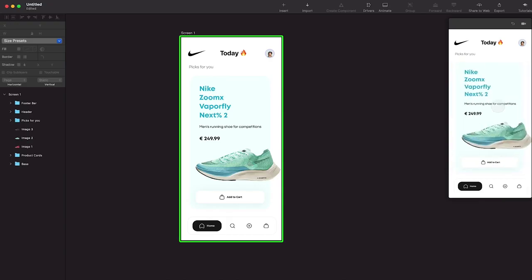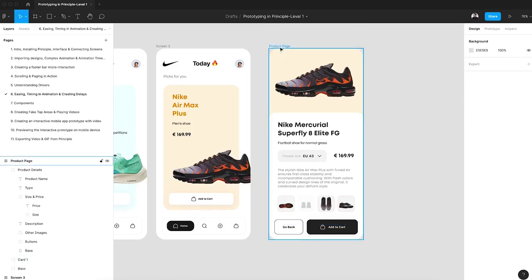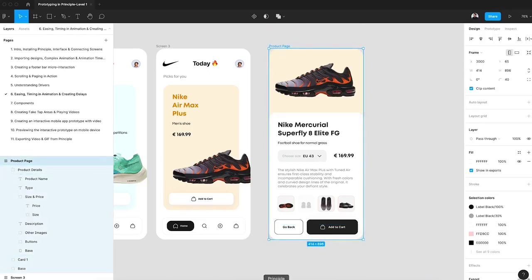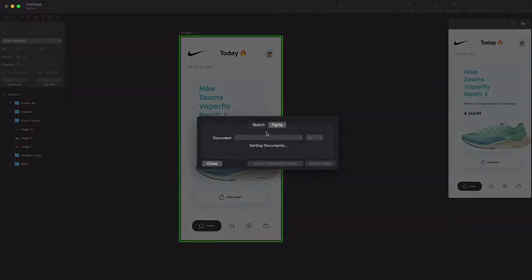Technically it's not a delay, we are just shifting the position of the shoe a little bit further away so that it looks like it's coming later on. But let's create the delay with the use of time. So I'm going to import this product page inside Principle, and